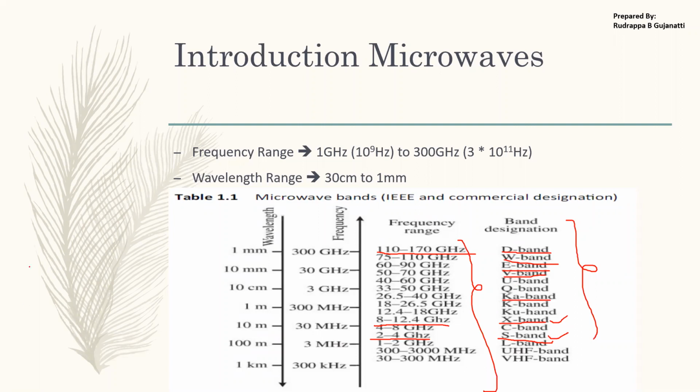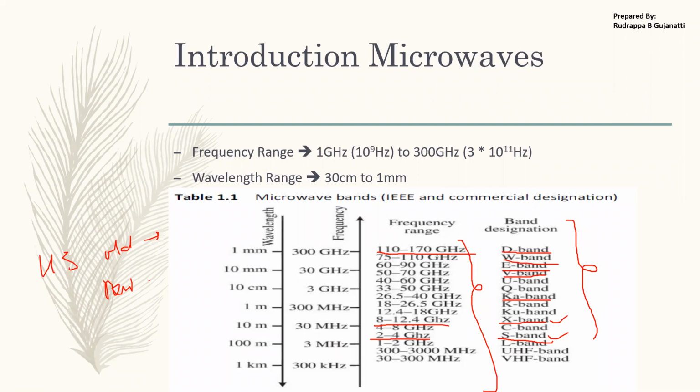Now, prior to this, even the US military had provided some frequency ranges and given names to them. There were two specifications, one old and one new. In the old specification, they had given bands such as P, L, S, C band, X band, K band, and there were frequency ranges provided for these. For example, the P band was in the range of 0.25 gigahertz to 0.39 gigahertz, and the K band was in the range of 10.9 gigahertz to 36 gigahertz. So these are the things in the old specification.